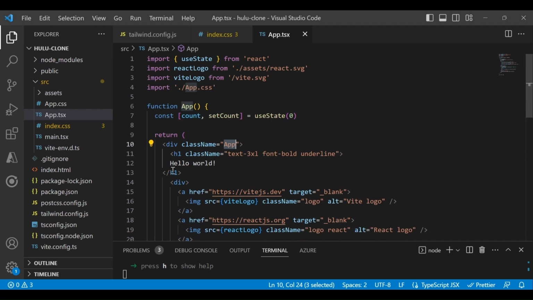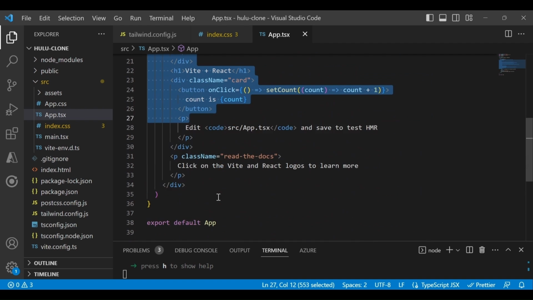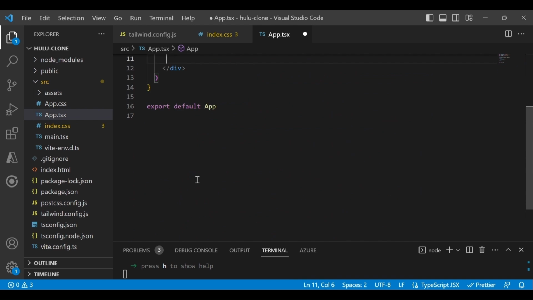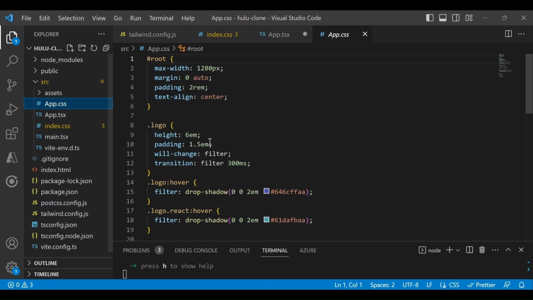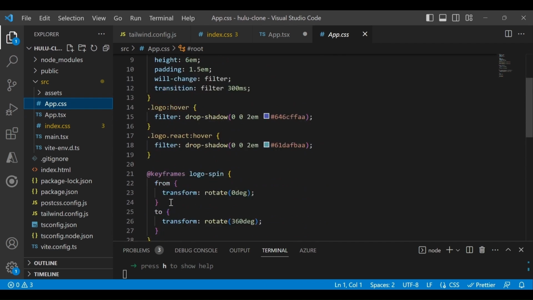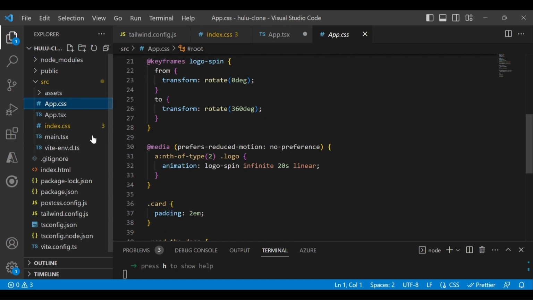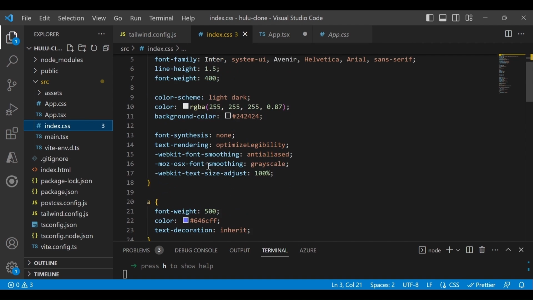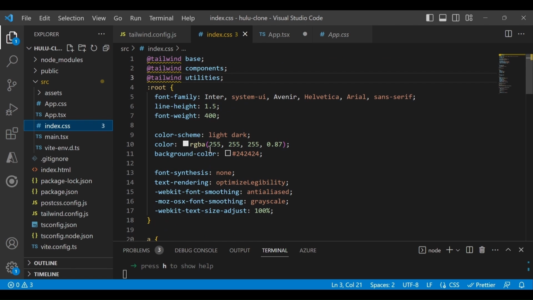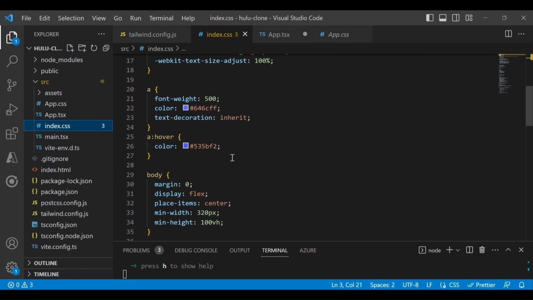Then right now we will remove all of this code, we don't want it. Also I will remove this className App, which is already present in the App.css file. Okay, so we are not using this one for now. And if you go to index.css, there is some stylesheet which applies for the root. So you can change it from here if you want, the background color, whatever you want, you can add it.